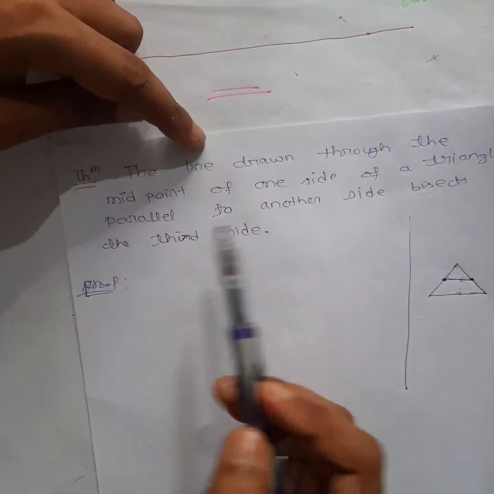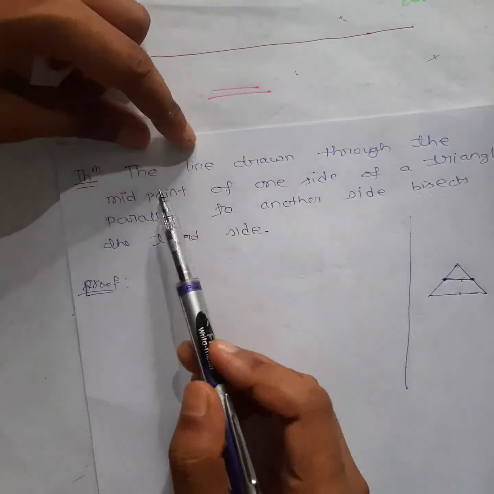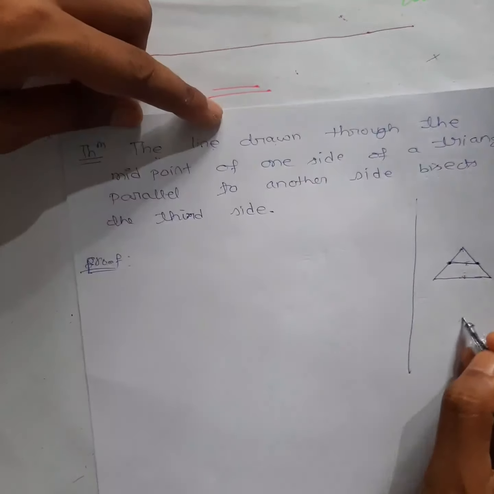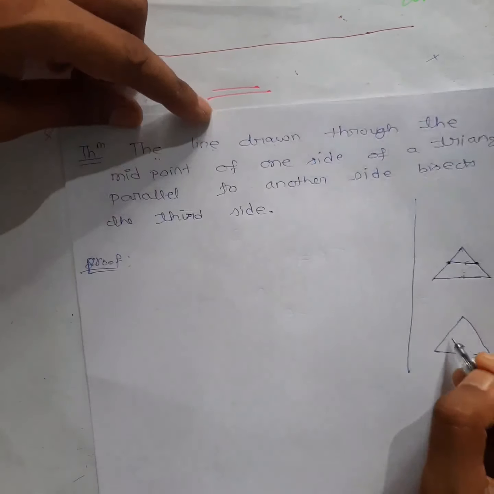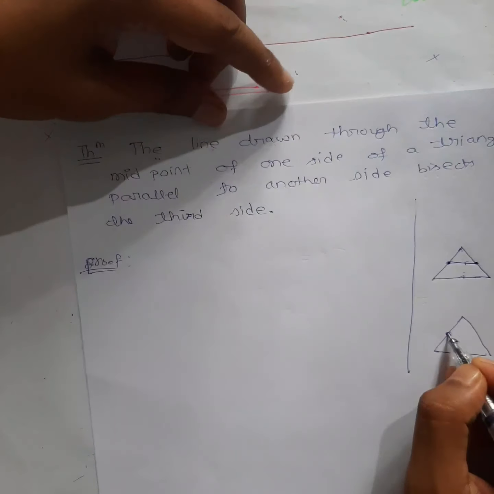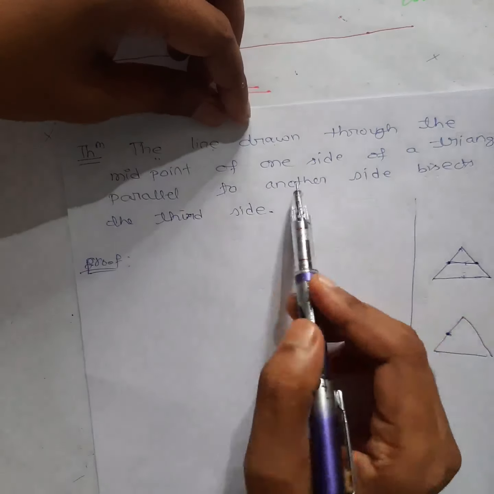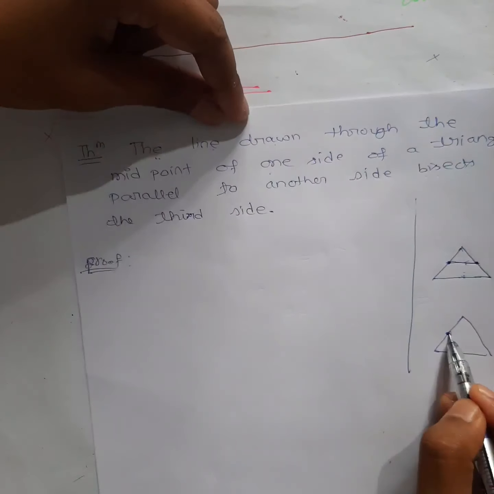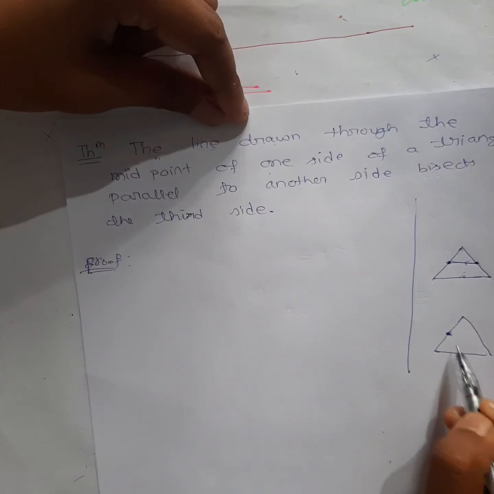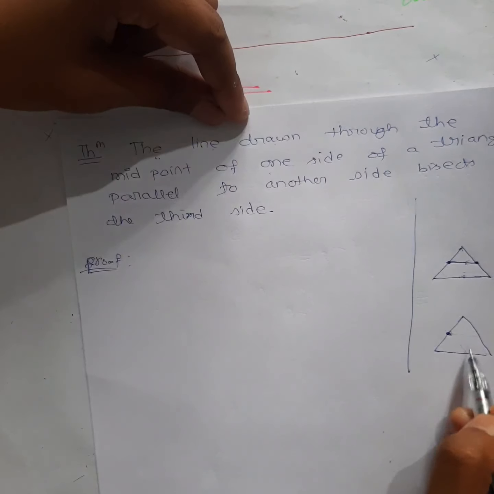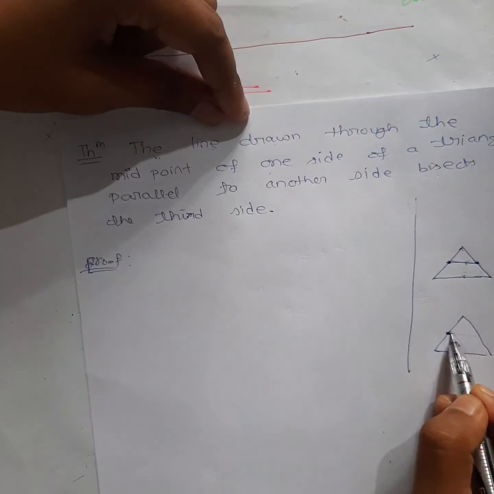Now the next theorem is, you can say, the reverse of this one. What is the reverse of this one? See here, the line drawn through the midpoint of one side. So from one side I have taken the midpoint, suppose this one, and a line is drawn from this midpoint parallel to another side. So you can see two sides are there, right? So you can draw a line like this or like this, parallel to another side, they have said. So parallel to this you can draw, or parallel to this. Suppose I have drawn parallel to this,